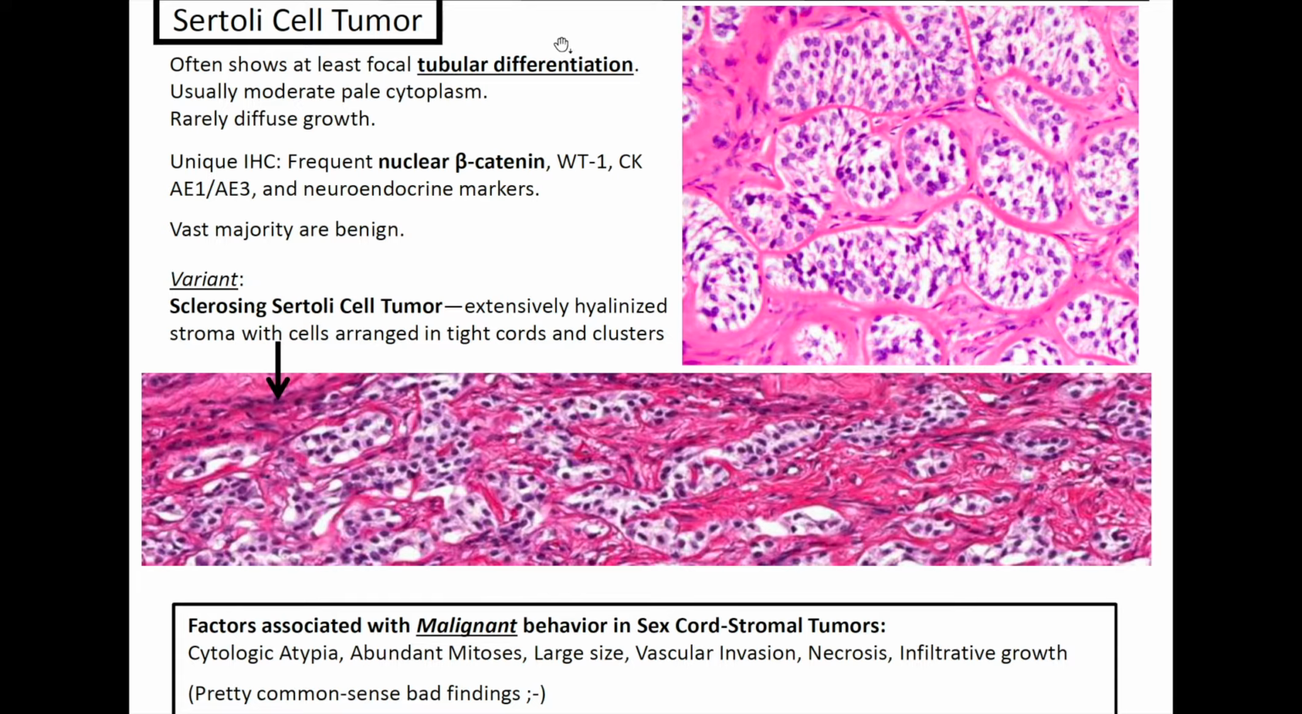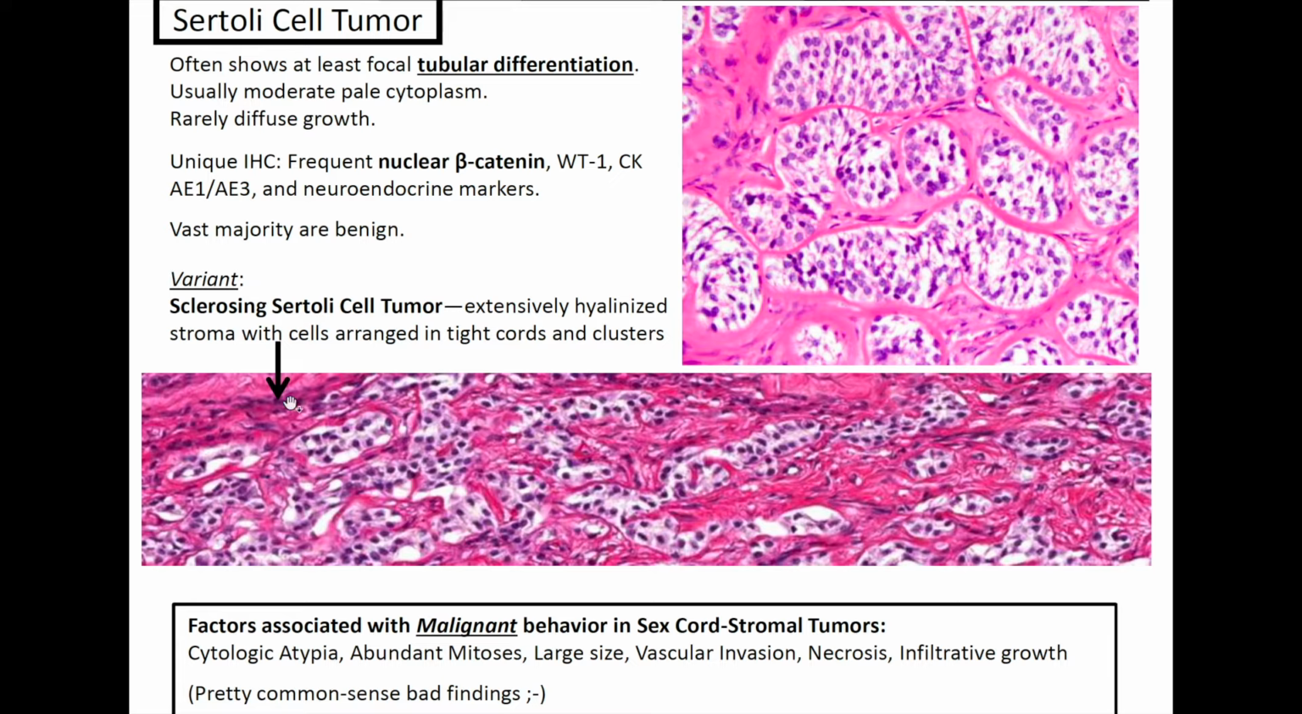Sertoli cell tumors often show at least focal tubular differentiation. Usually there's moderate pale cytoplasm and rarely diffuse growth. They have a unique IHC, which is frequent nuclear beta-catenin expression, WT1, CK, AE1, AE3, and neuroendocrine markers. The vast majority of Sertoli cell tumors are benign, and there is a variant, which is sclerosing Sertoli cell tumor,